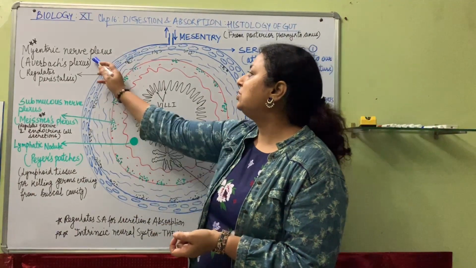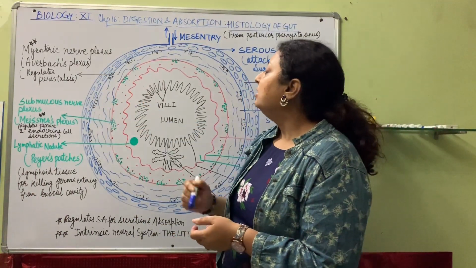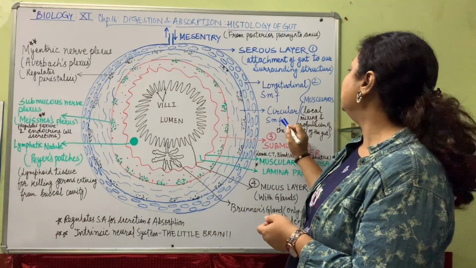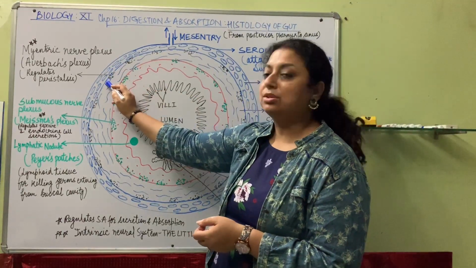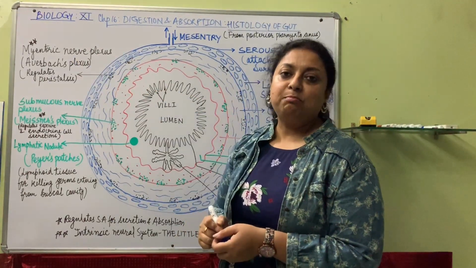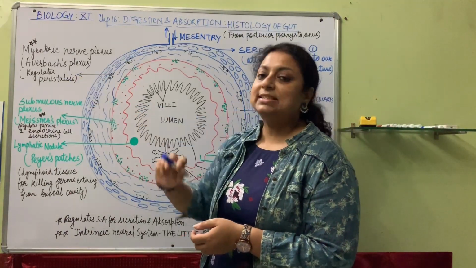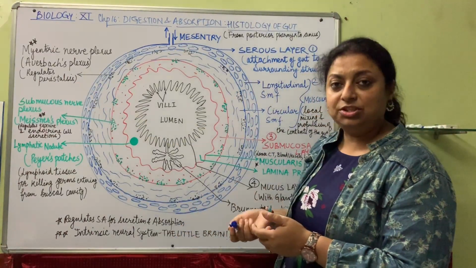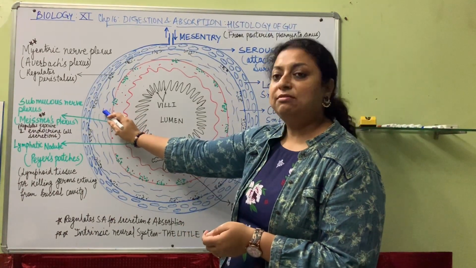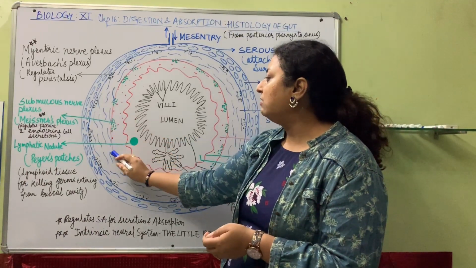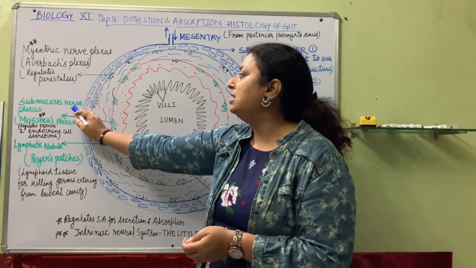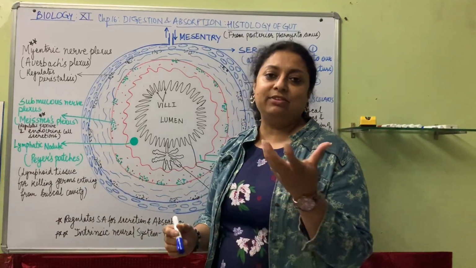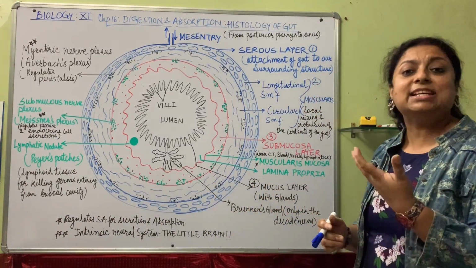The reason is it has two major subdivisions. One is at the junction of the longitudinal smooth muscle fiber and circular smooth muscle fiber, known as the myenteric nerve plexus, also known as Auerbach's plexus. Its working is related to peristalsis. Then we have another junction, between the circular muscle fiber and submucosa. This is the submucosal nerve plexus, also known as Meissner's plexus, and it regulates the activity, the secretion of exocrine and endocrine cellular secretions.